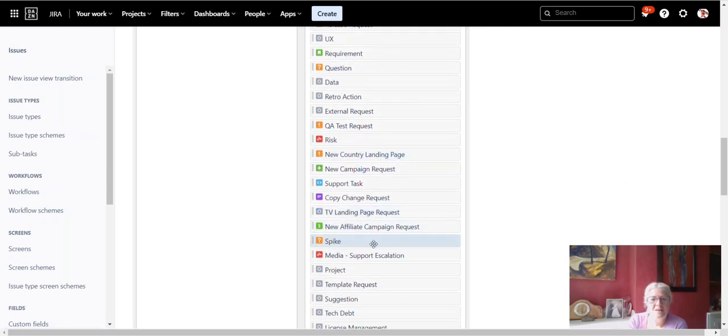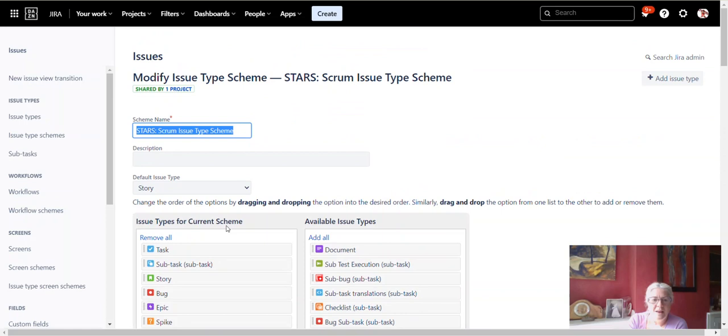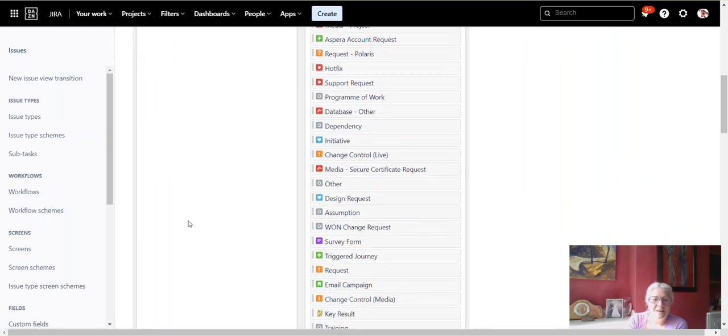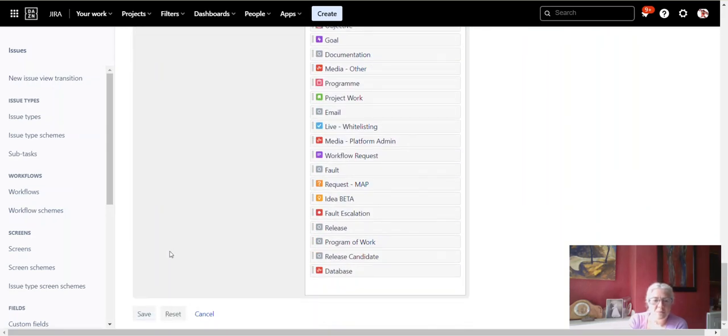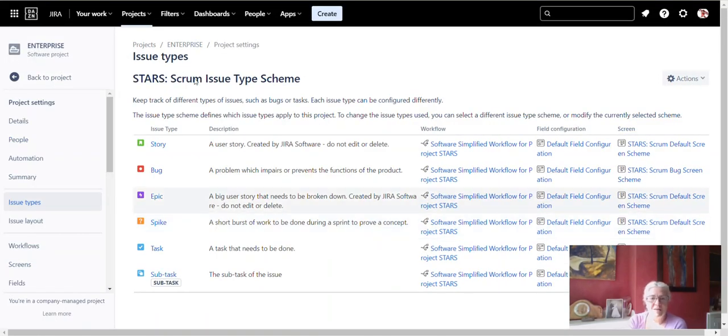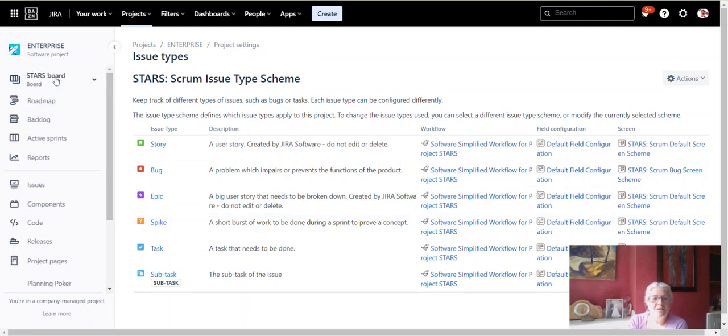So all I do, I just grab that with my cursor and I drag it across. I just click and drag and go back up here, and now it's added to my current scheme types, and then I just have to save that, which is way down the bottom. Click the save button, and that's it. Here is my issue type scheme now, and you can see that the spike is in there. So if I go back to my project,